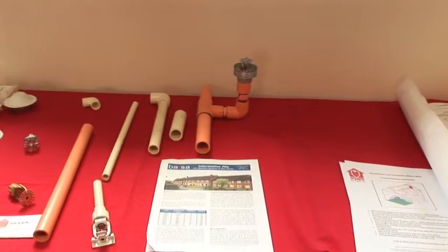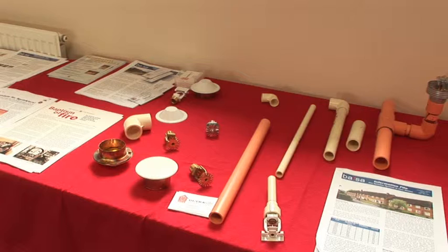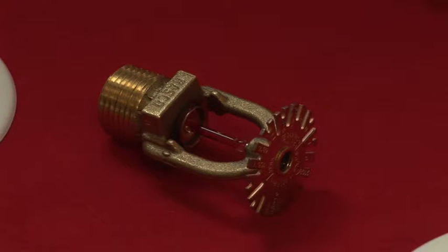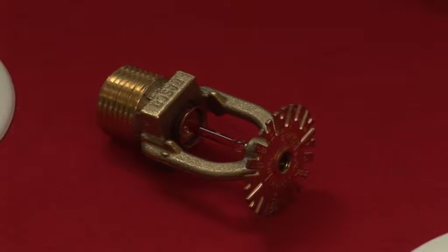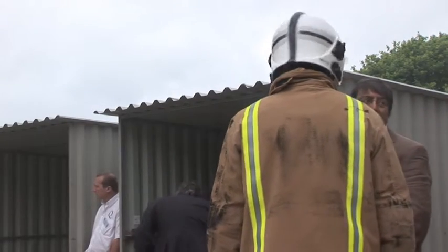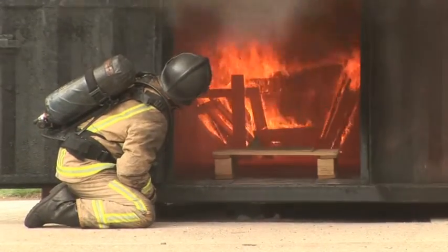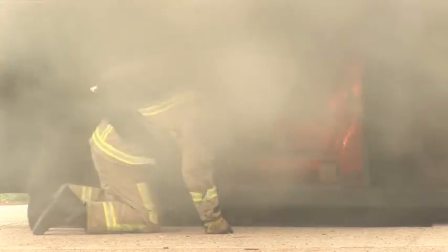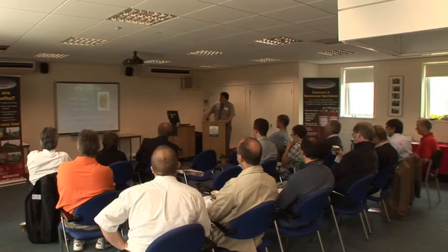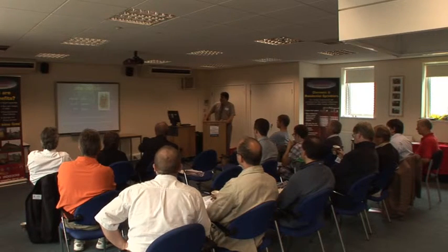UltraSafe Fire Solutions will continue to deliver high-performing products through a continuing research and development programme with the University of Brighton. This will ensure quality assured, up-to-date and innovative products. Over the years we have built partnerships with the fire and rescue services, which has become an integral part of the company's philosophy. Within these partnerships we have invested people and resources with fire and rescue services to demonstrate the effectiveness and versatility of fire sprinklers with live burn demonstrations and continued professional development presentations to inform, influence and educate